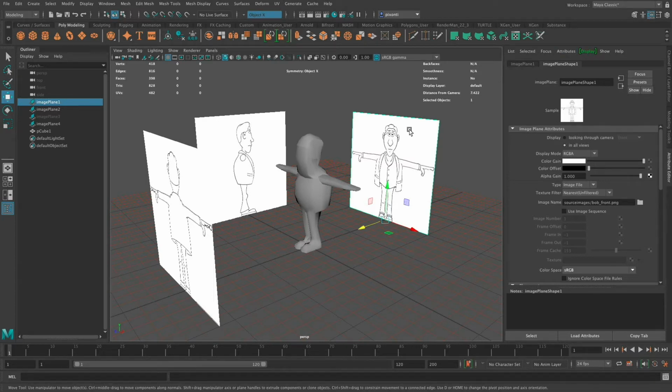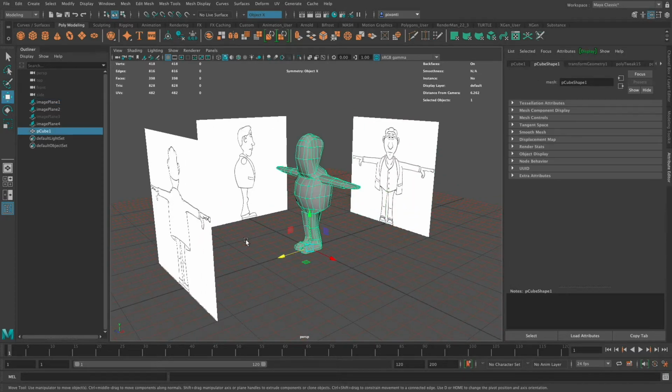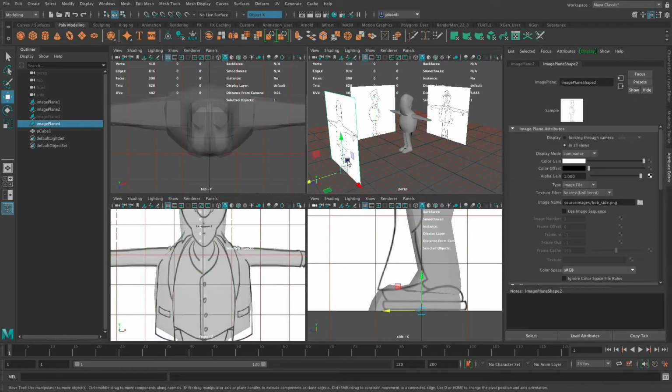There's a really cool thing when you select one. If you go to the attribute editor, you're going to see the transform node, but this image plane node will show you a few little options. And one really cool thing is when you're looking through the camera. So I've got this character oriented so it's facing this way. So when I model looking at the front camera, I'm actually looking at the front image and not necessarily the back image, but there's a really cool trick you can do for these, and that's at the top of this